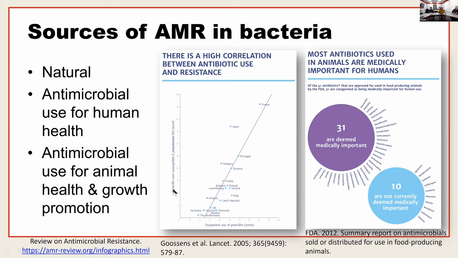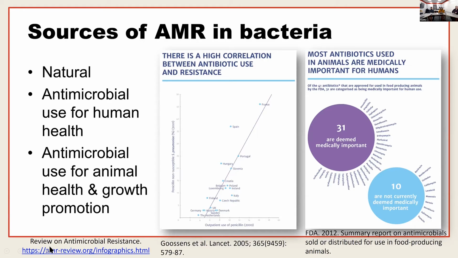The y-axis is the percentage of cases identified as penicillin-resistant Streptococcus pneumoniae. You can see a very clear positive association between the use of penicillin and the proportion of cases identified as penicillin resistant. That indicates a very strong correlation between antibiotic use among human beings and resistance cases among